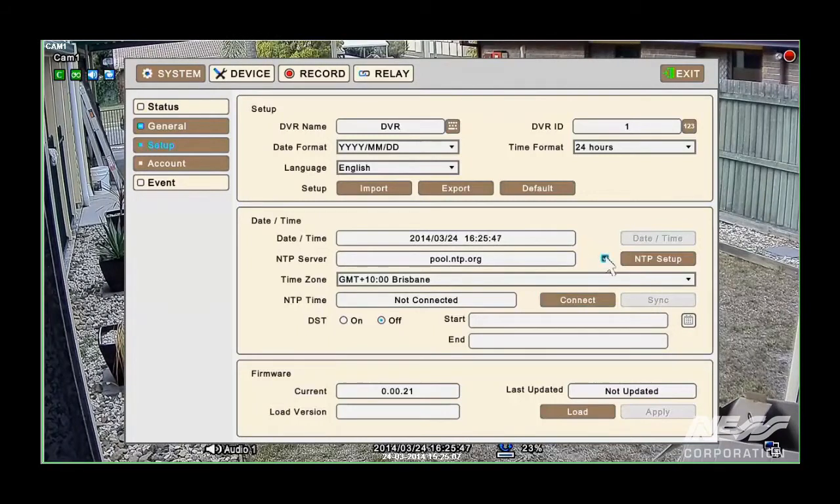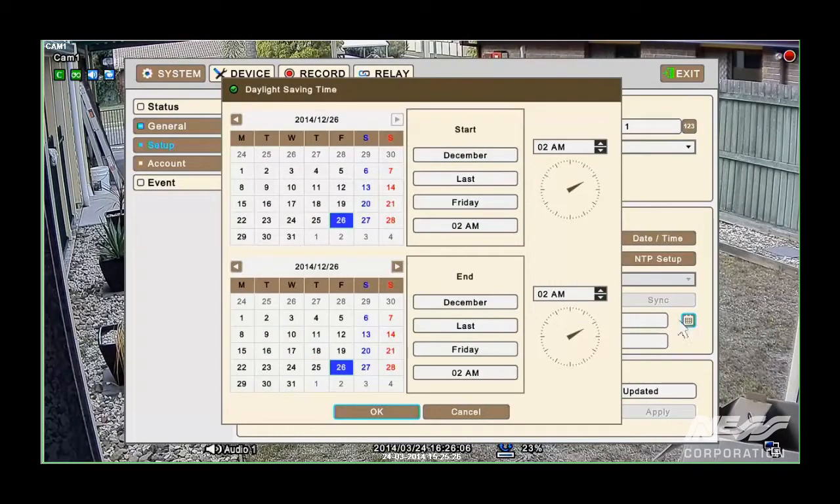If you didn't have NTP set and you were setting daylight savings, you can also manually set your daylight savings time start and end. So if we click across the calendar dialog box here, and then we can adjust the start and end time for daylight savings. So for example, if we wanted to adjust it so that daylight savings starts on the 11th, we'd come across this arrow up the top here,